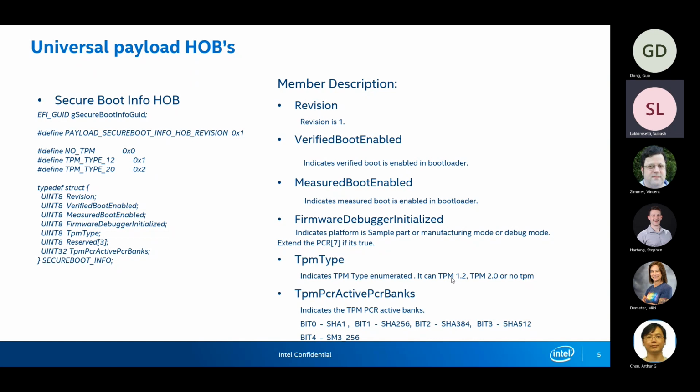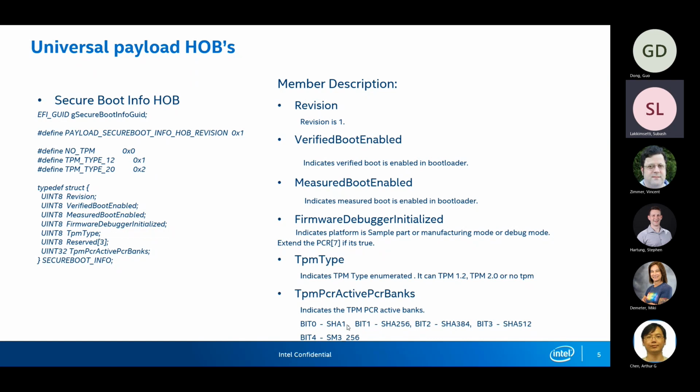Based on this, the bootloader and payload can dispatch their respective modules. And there is one more piece of information required: TPM PCR active banks.